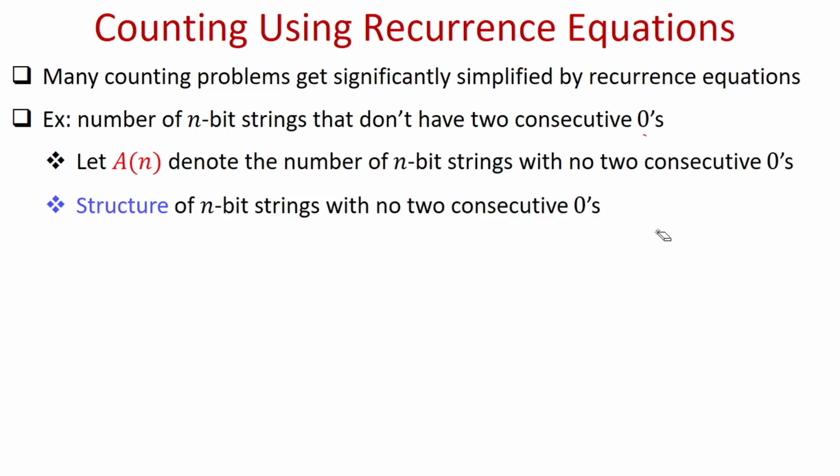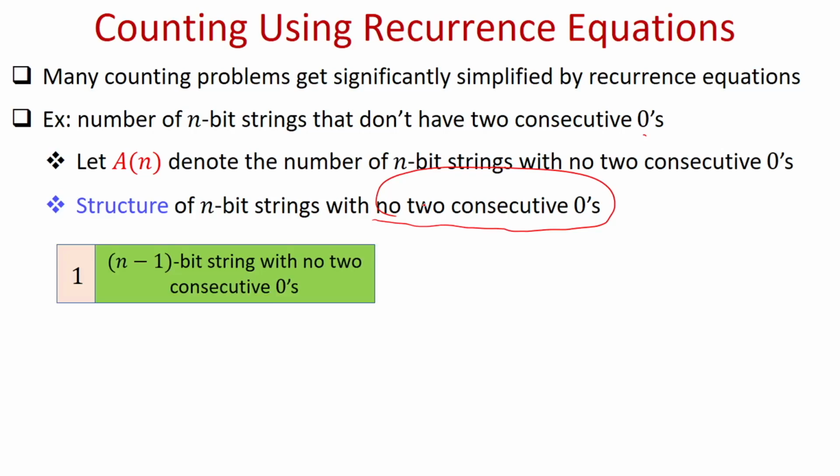If we consider any n-bit string which does not have two consecutive zeros, then there are only two possibilities for the starting bit of such a string. The starting bit could be 1. In that case, the remaining